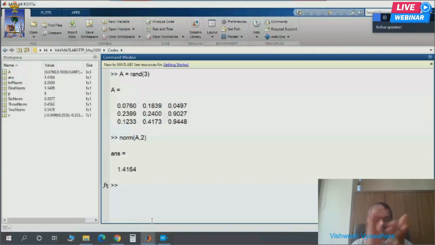You have got the norm of this particular matrix. All the norms that I have shown for arrays or vectors, you can also extend to matrices.